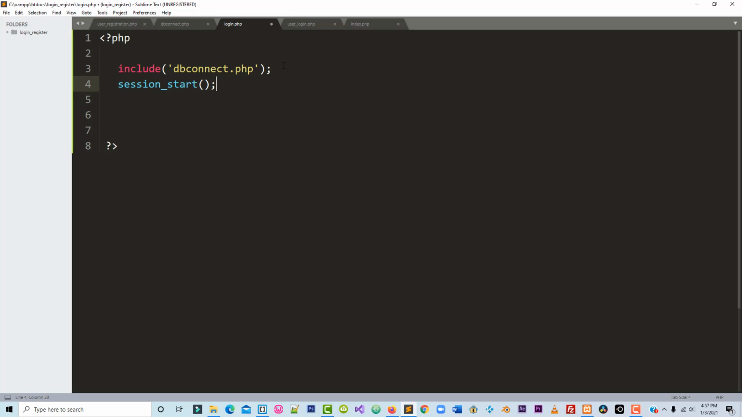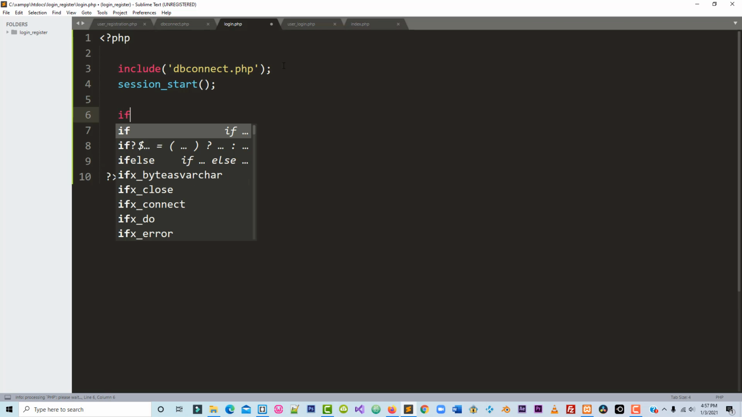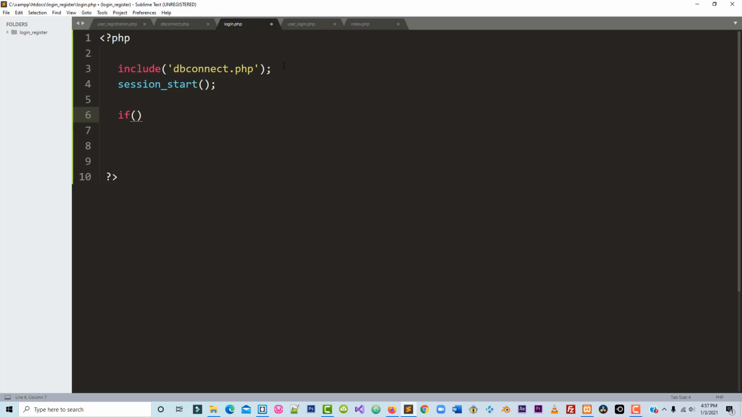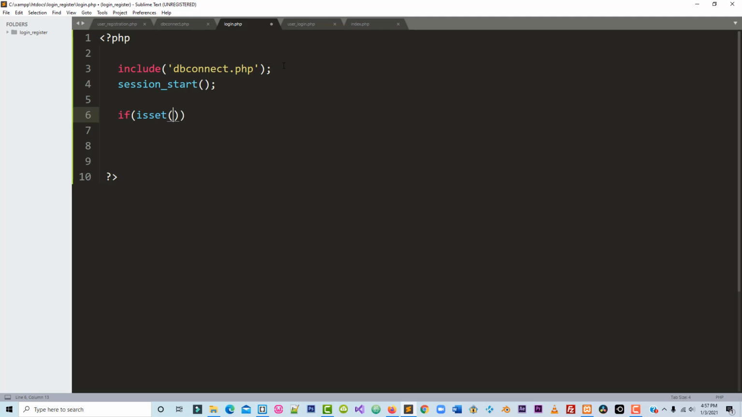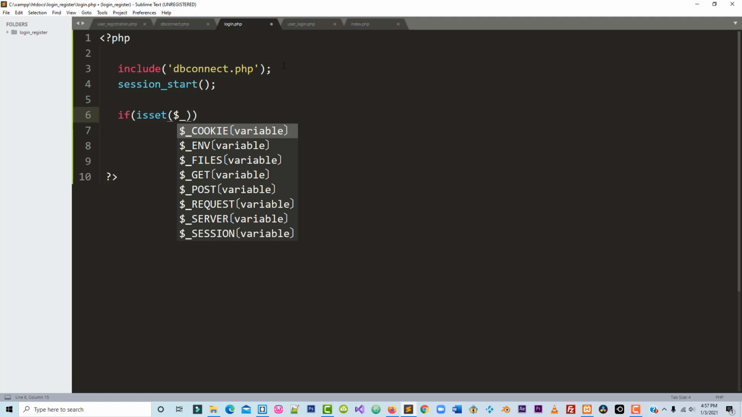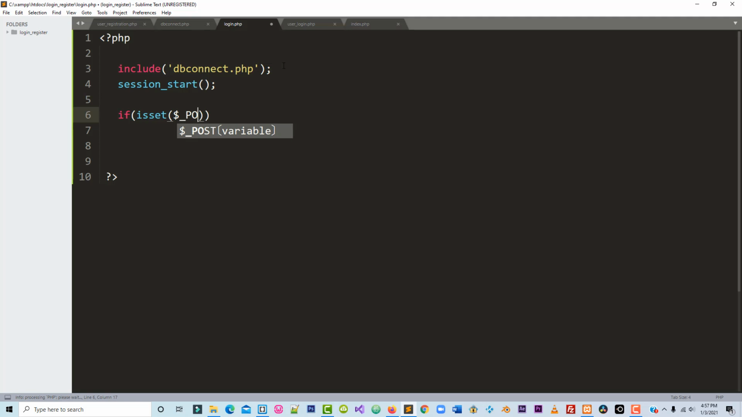Okay, semicolon. Now let's start. Let's say if everything is okay, if user login. Okay, if the user is logging in, what you should do in that case is, you say post user login. You post it when you click on the submit button. Okay, and you say underscore post,